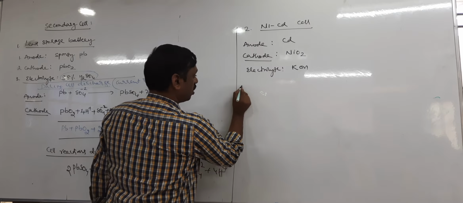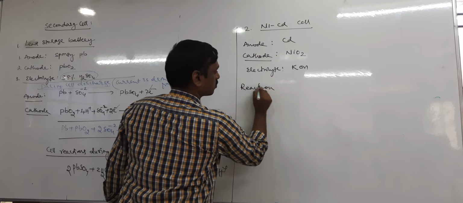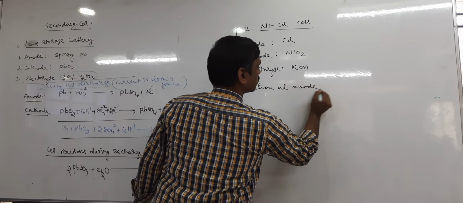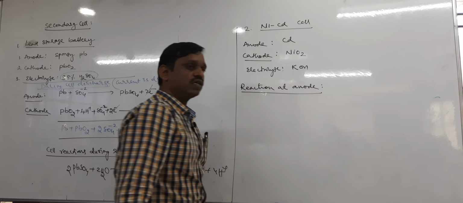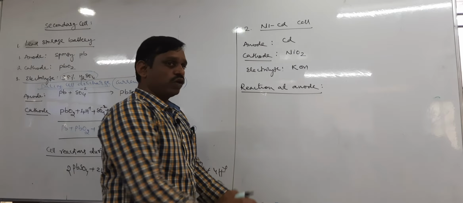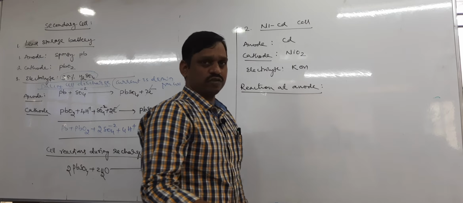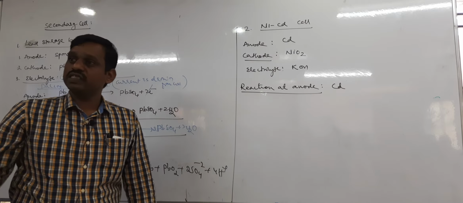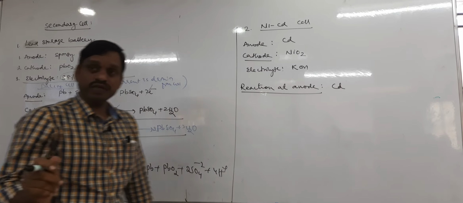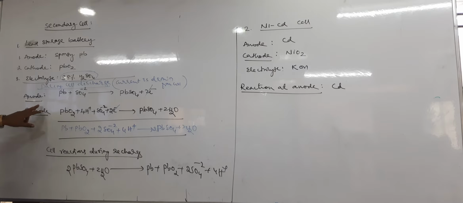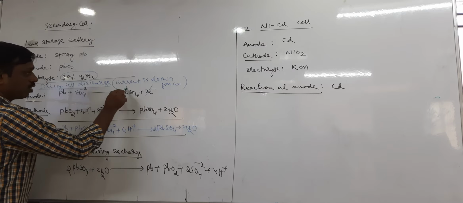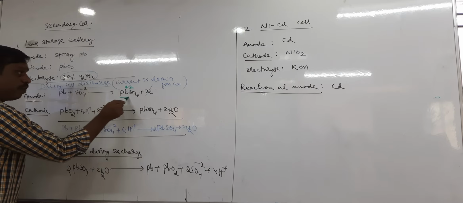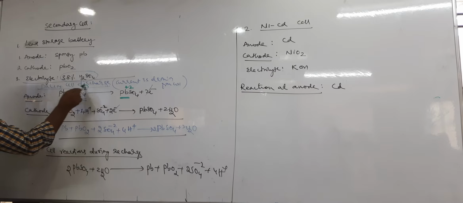Then let's say the reaction at the anode. Tell me, what may be the reaction at the anode? Oxidation. So which is the anode here? Cadmium. Since cadmium is the anode, this cadmium undergoes oxidation. But see here, now there is a similarity. In the lead storage battery, which is the anode? Lead. Lead is the anode, it undergoes oxidation. Actually lead gives rise to Pb2+. Okay, lead converts into Pb2+, but this Pb2+ combines with SO4. SO4 from what?